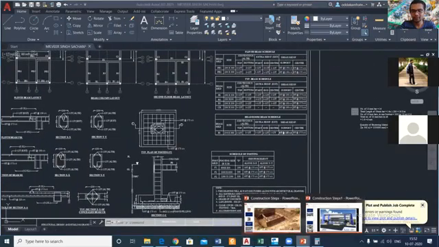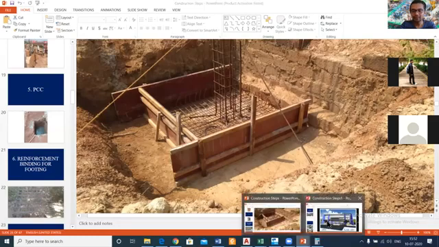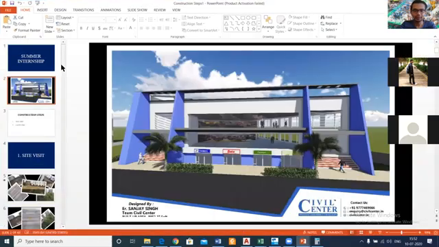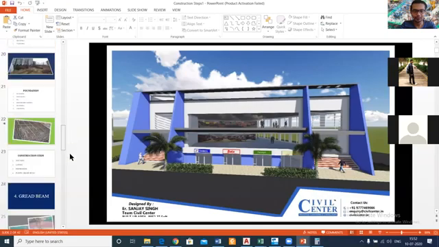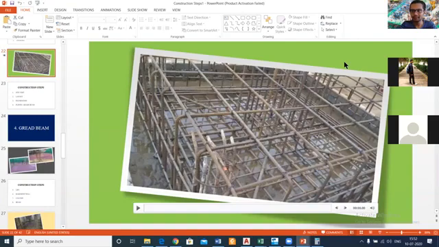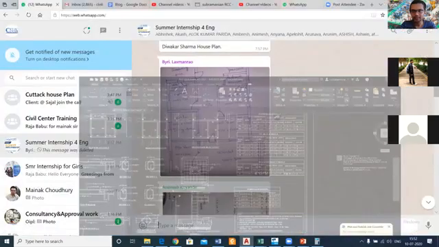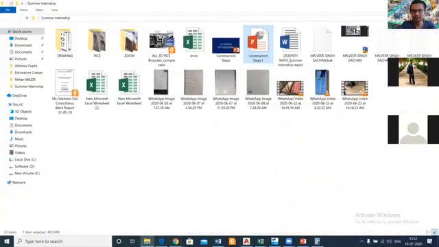As you can also see in the pictures of your site, it is only at the bottom. So it's not at the top. It's not necessary that it is at the top and the bottom. And in the case of this pile cap, which we had shown you, the reinforcement was both at the top and the bottom. We'll also show you the structural drawings here, and then we'll just clear it out. This is a good doubt and nice observation which you had. If you have such observations, you can become a successful civil engineer. It's a good question.